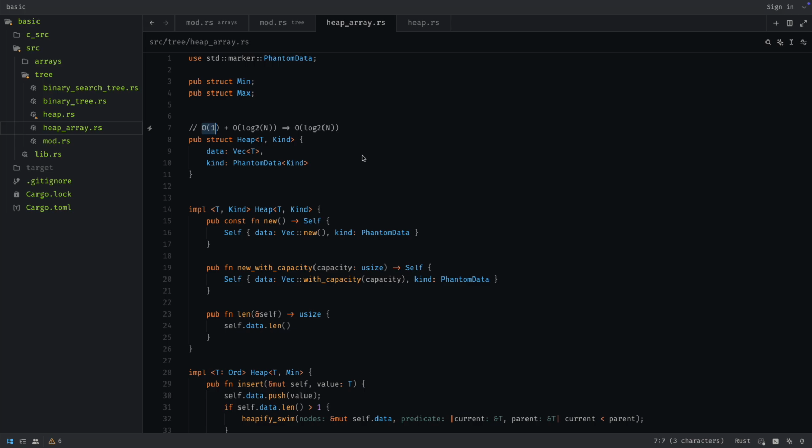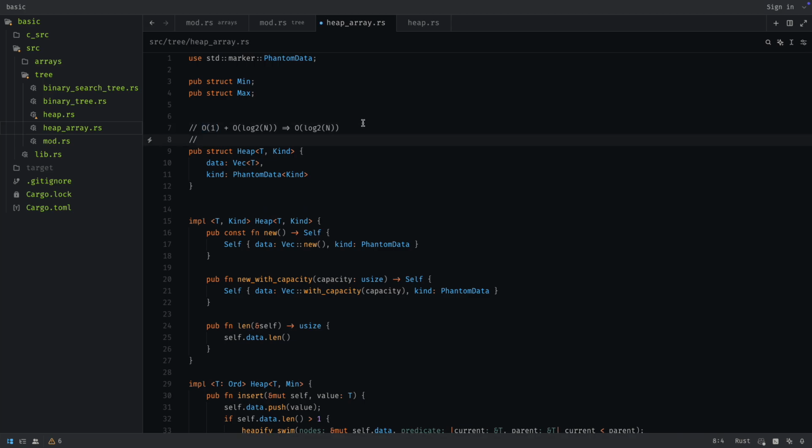To be precisely mathematically correct, it would be O(log_a n), where a is the amount of subtrees each node can have. So in our case, a is just 2,